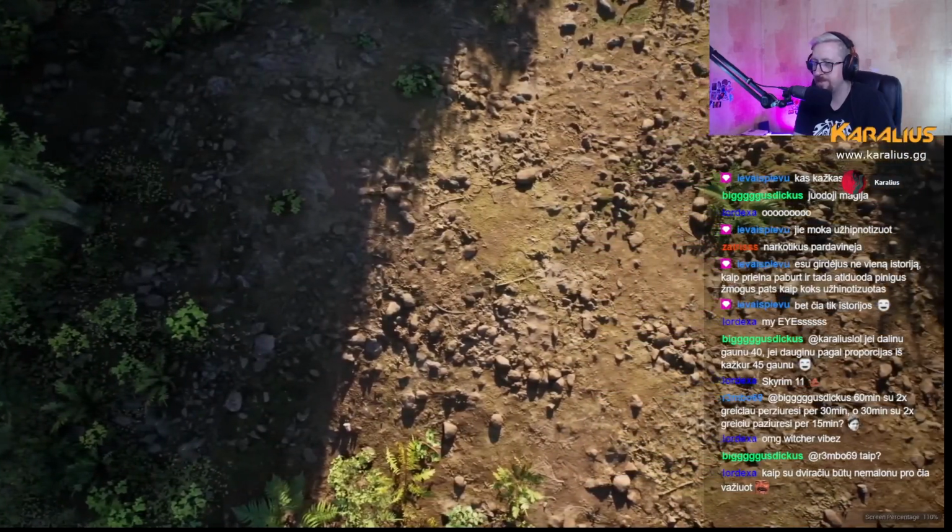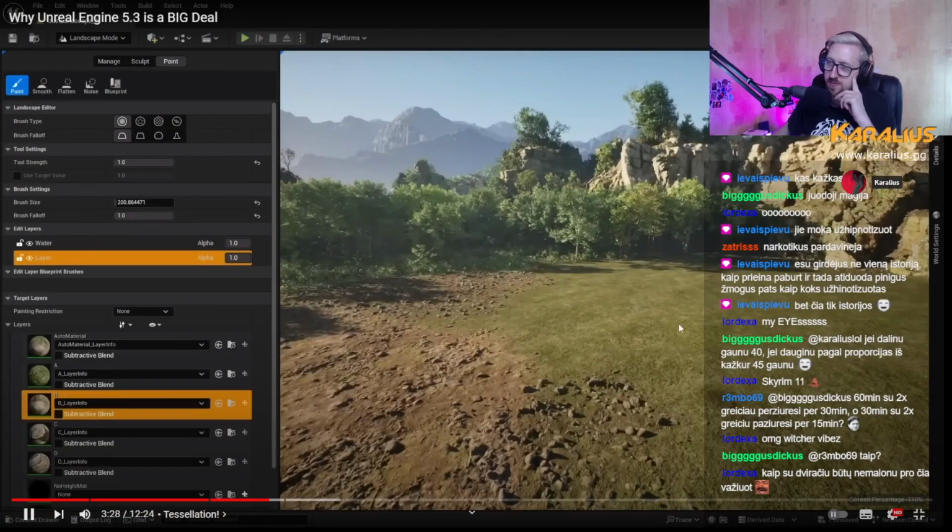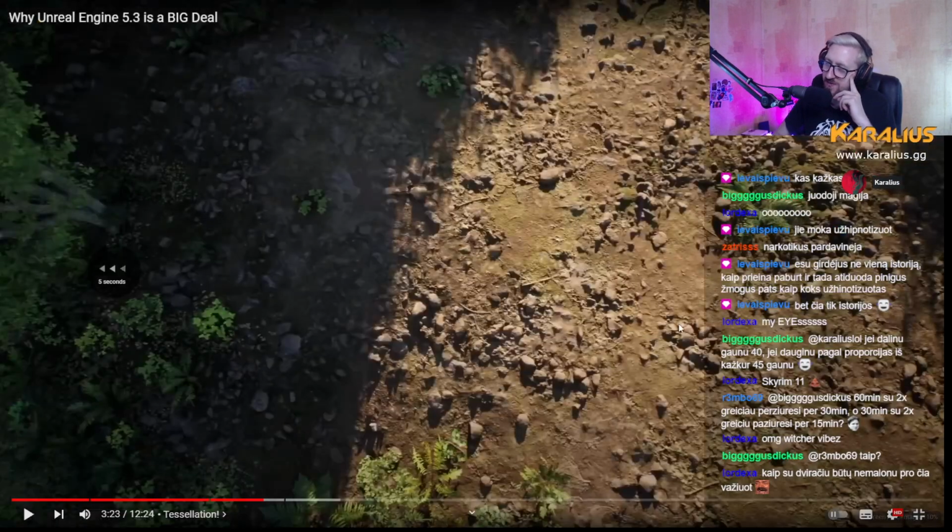All the rocks, twigs, and roots are not objects. They are a height texture. And whenever I make a change